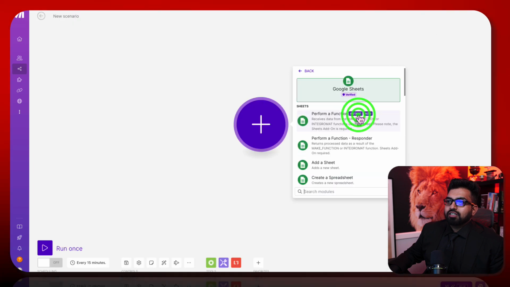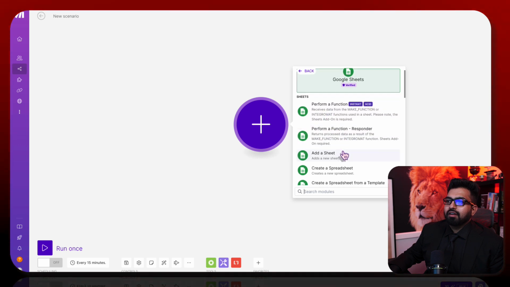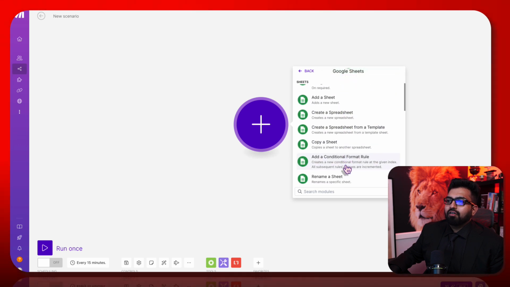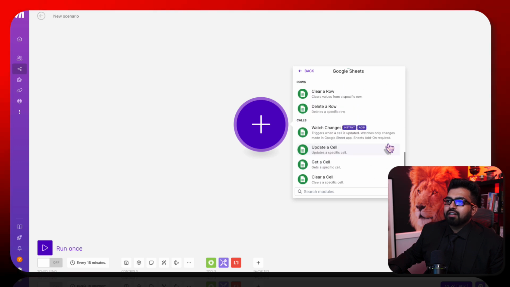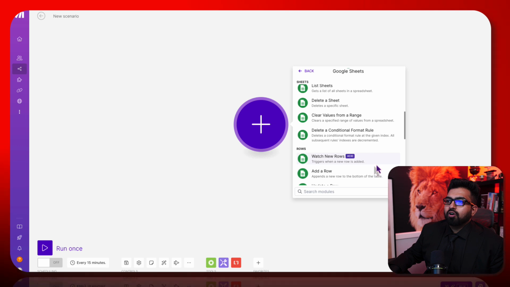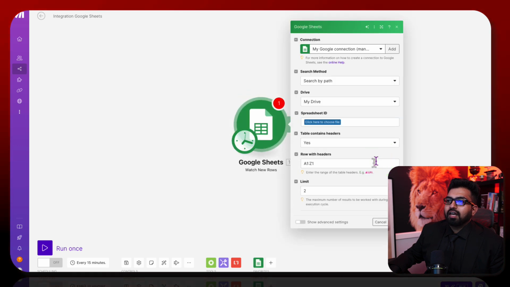Let's say Google Sheets, and this is an instant trigger where you perform a function. Okay, let's wait for a new row to be added. This is watch new rows, which triggers when a new row is added. Let's do watch new rows. When a new row is added,